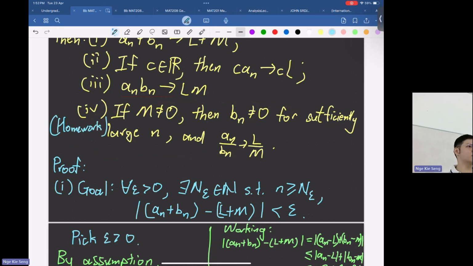Okay, you must know this is the crux of this course. This is the essence. If you don't get this, that means this course is wasted. So really, what's this course about? It is really this one: limit of sequence. This is a very important thing. Limit of sequence. Okay?